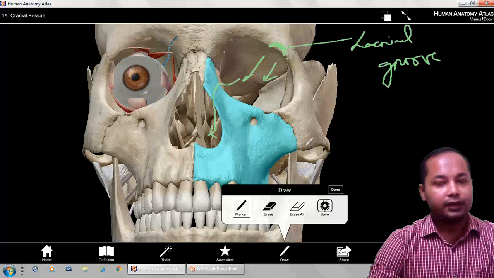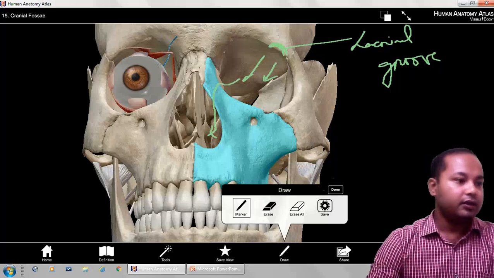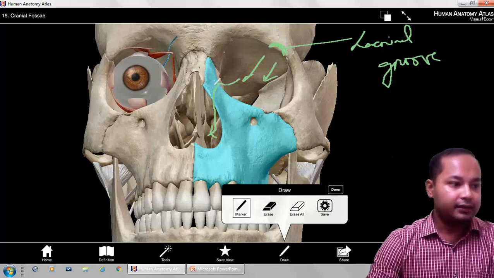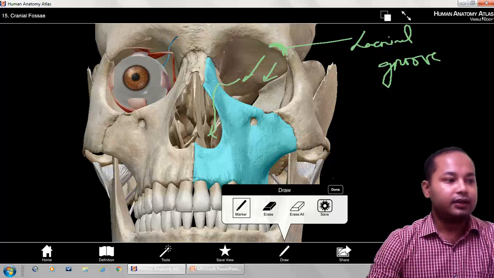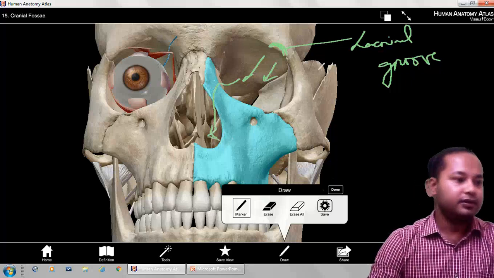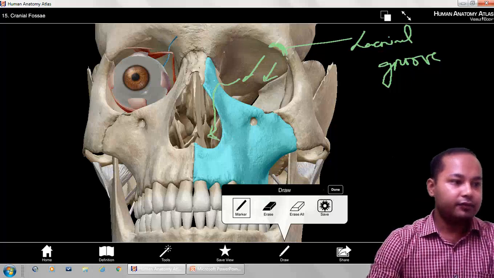So there is a nasolacrimal sac, there is a nasolacrimal duct, and finally it opens into the inferior meatus. So this lacrimal groove lodges the lacrimal gland, and there are also